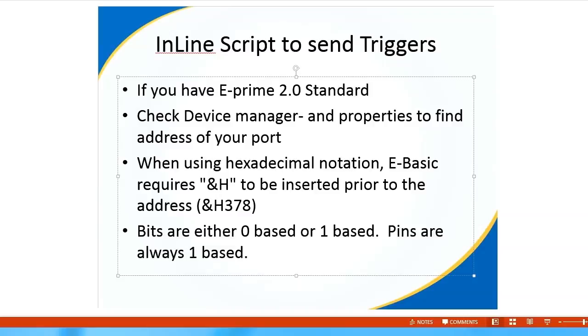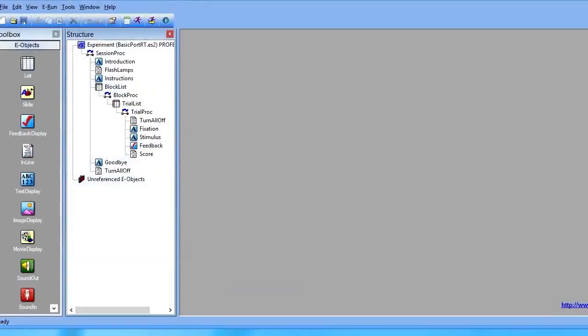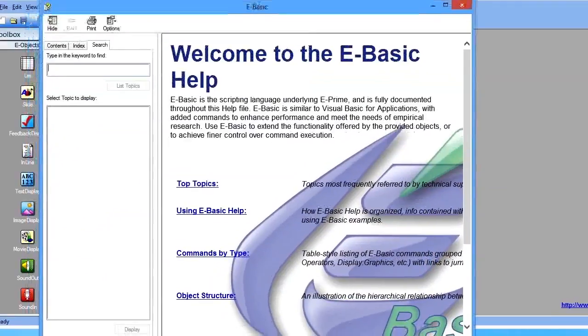So if you are using Standard, support for sending a signal to an external device, any other machine, whether it's EEG or another response device, is available in ePrime through port communications. If you go into ePrime and take a look at eBasic help, you'll see that when you type in the parallel port device, for example,